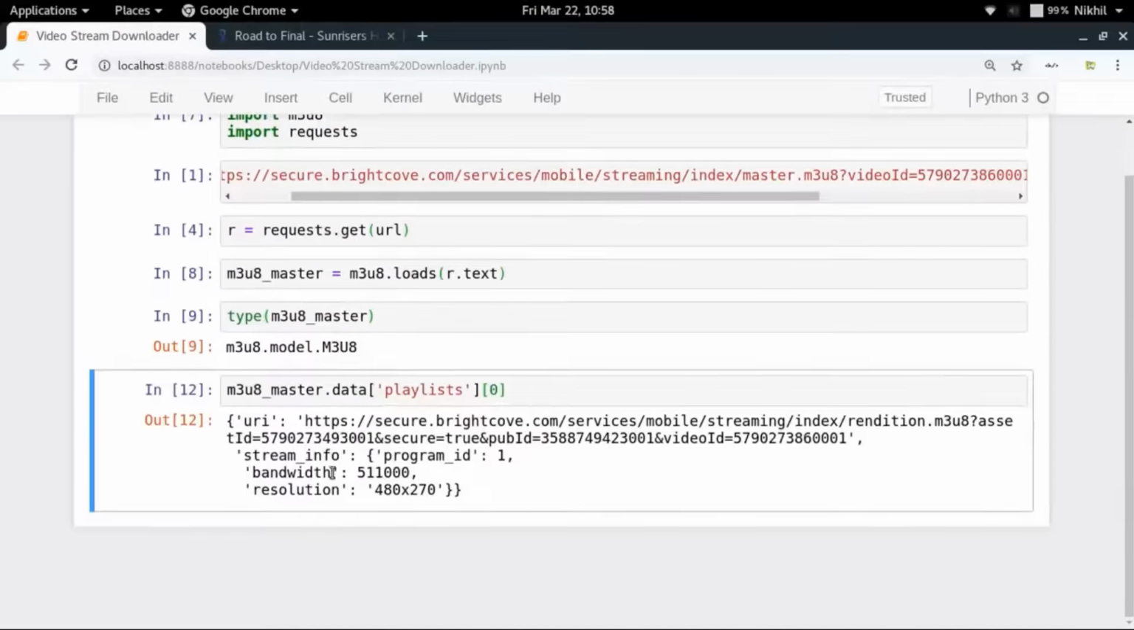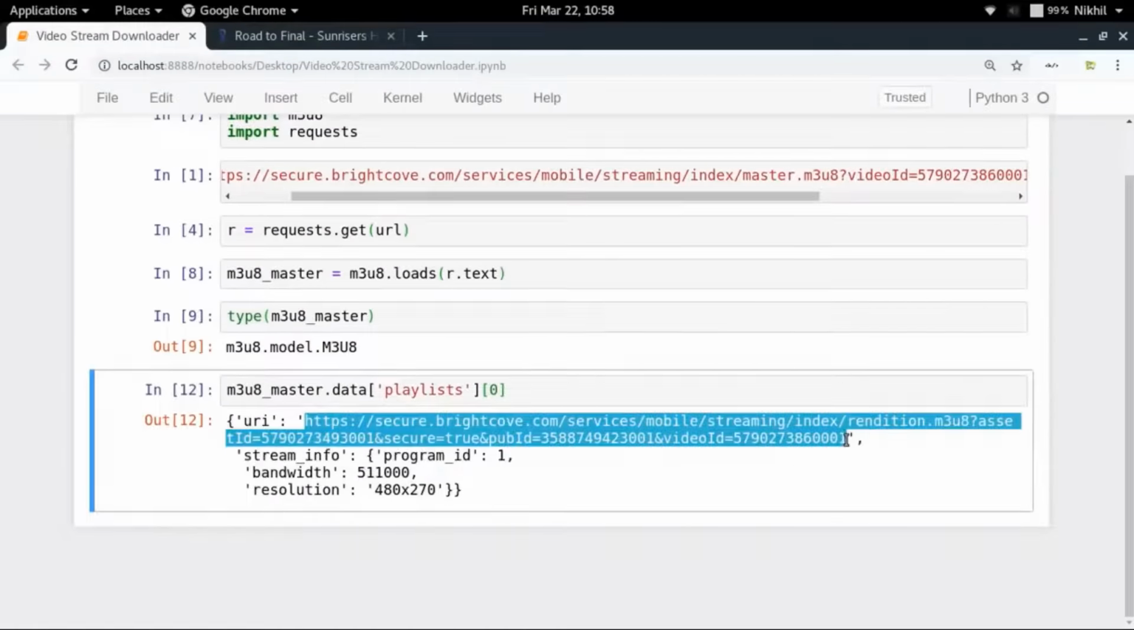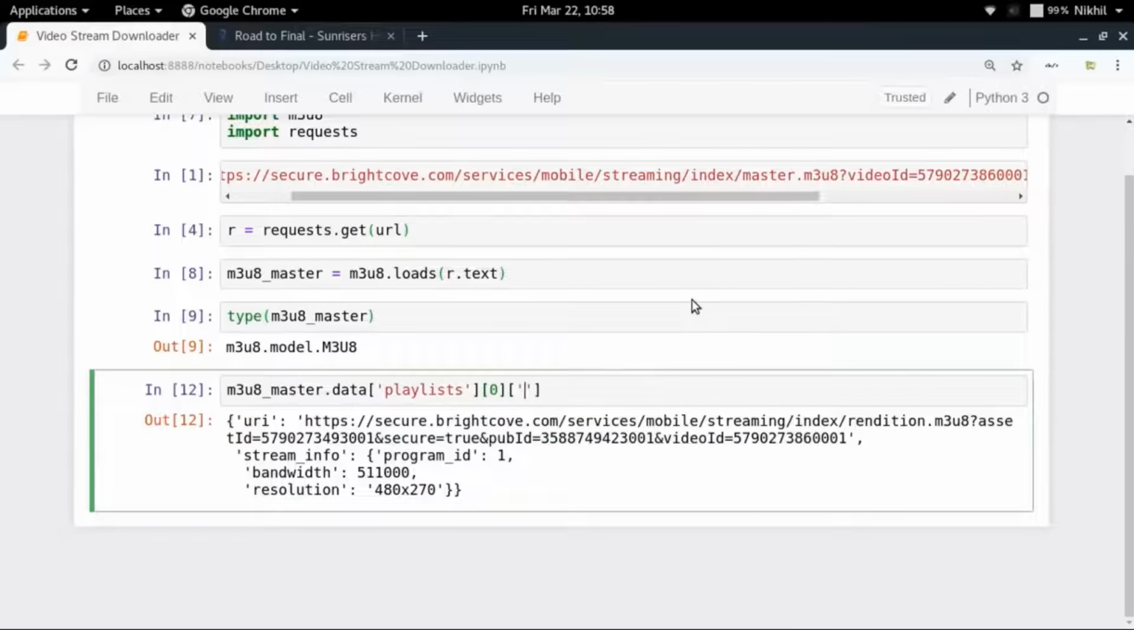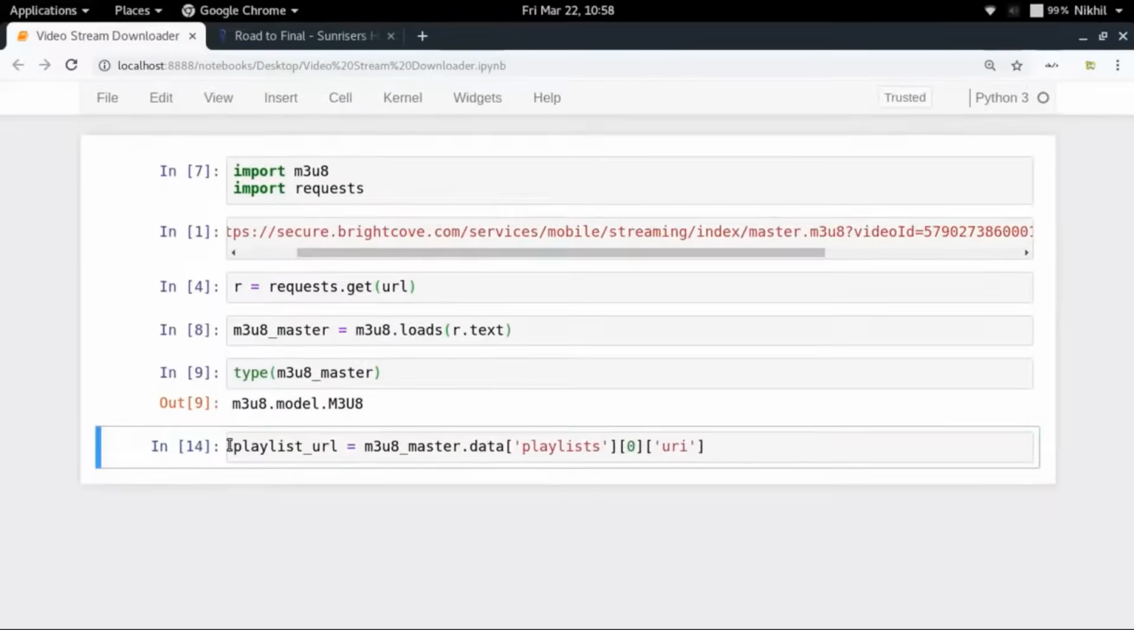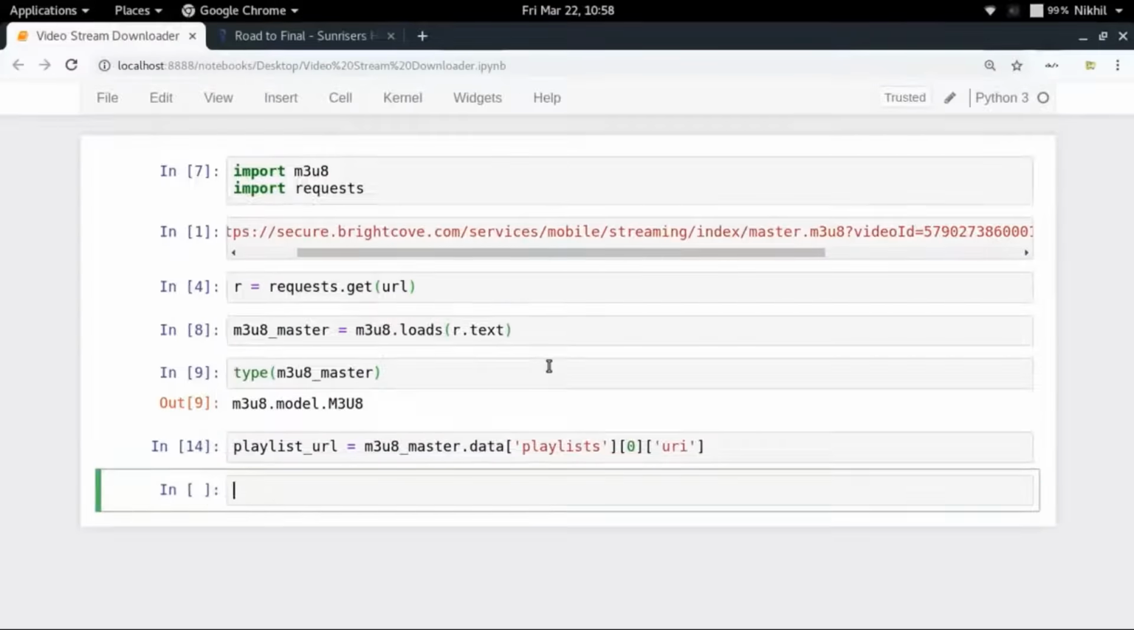This is the first playlist, and here is the link on which I have to send a request so that I can get my M3U8 file which contains all the TS files. So I will just write uri and I will get the URL. This is the URL. Let me call it playlist_url. So the playlist URL is this, and now I can send a request to this particular playlist URL